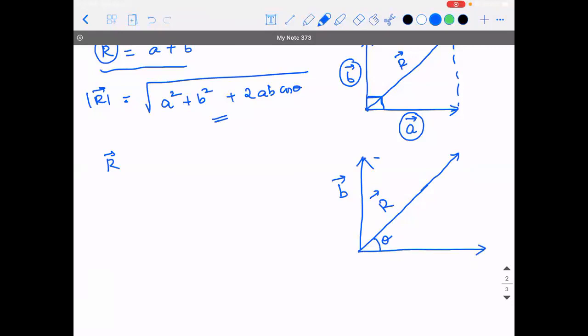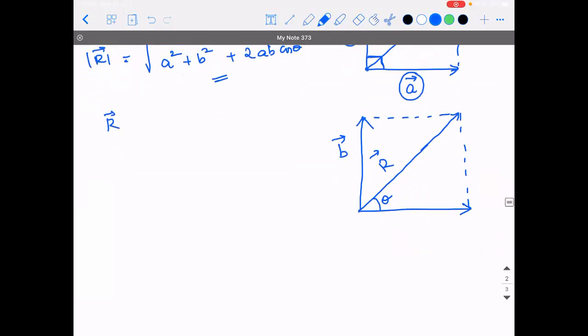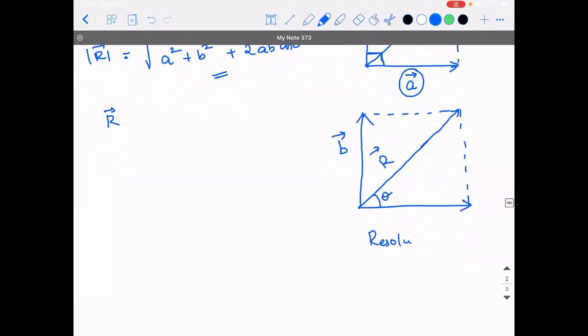Now see. If I drop a perpendicular like this. Generally, I want to suggest one thing to you guys. Wherever you have angles involved, especially in physics, you can take this as a universal fact. Wherever angles and vectors are involved in physics, the only way to solve this is using a method called resolution of vectors. So resolution of vectors is the technical name.